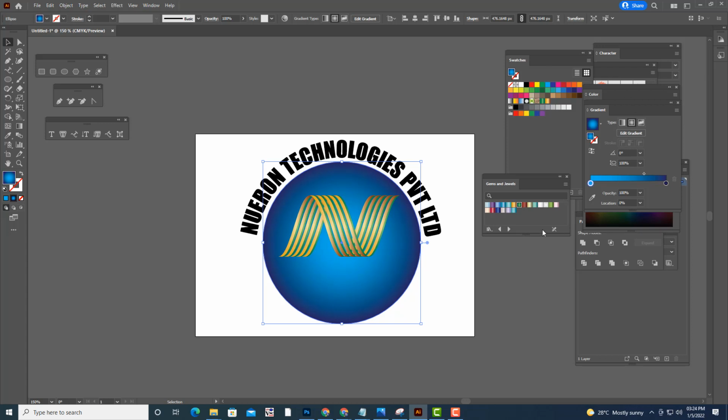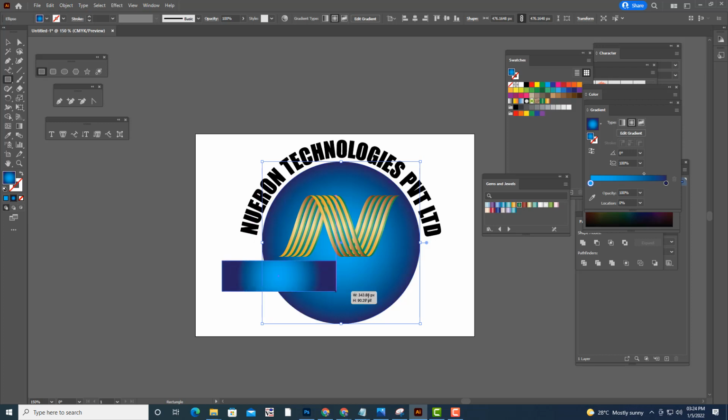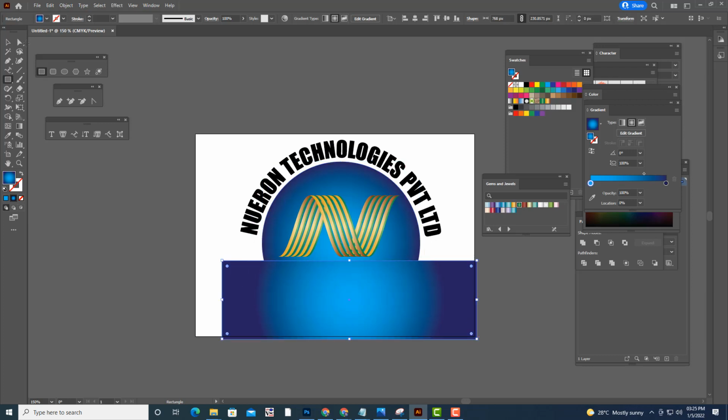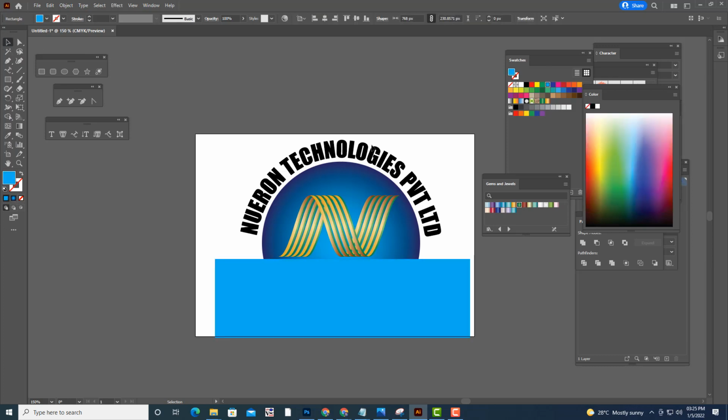And see what we'll do is, we can actually cut this. So we can cut this. We'll take this one, and then we will give it some color. Select this, and then we'll say back minus front.